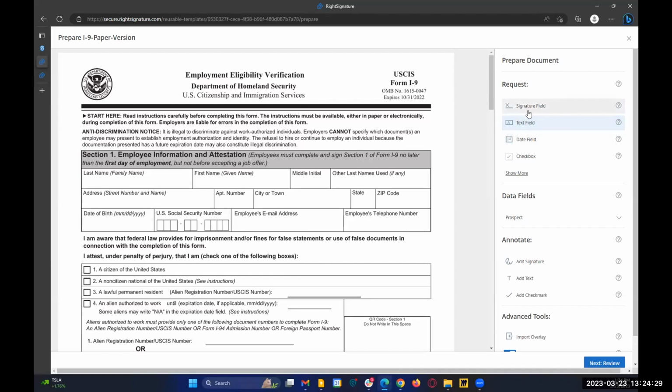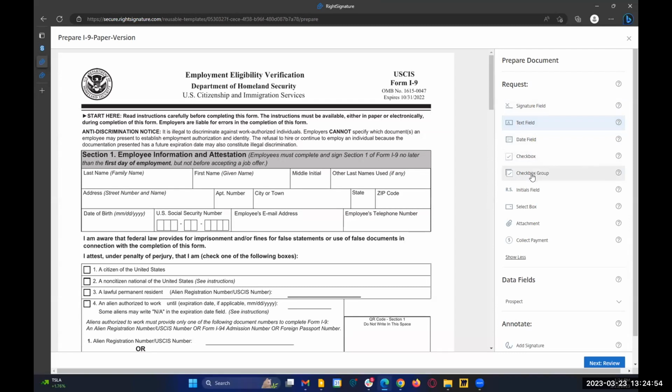First and foremost, of course, we have the request signature field. If you actually need a signature on a dotted line or what have you, this is what you would select and place. More often than not, we also need a few other bits of information, very commonly names, dates, perhaps some check boxes. So we have a few options around those as well. We can even group checkboxes together if we need a response to one of them, but not each individual one. We can collect initials, have our signers choose an item out of a drop-down,